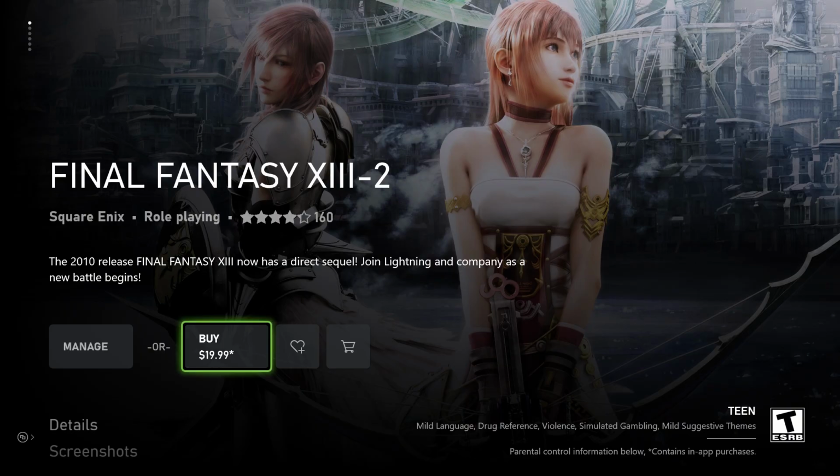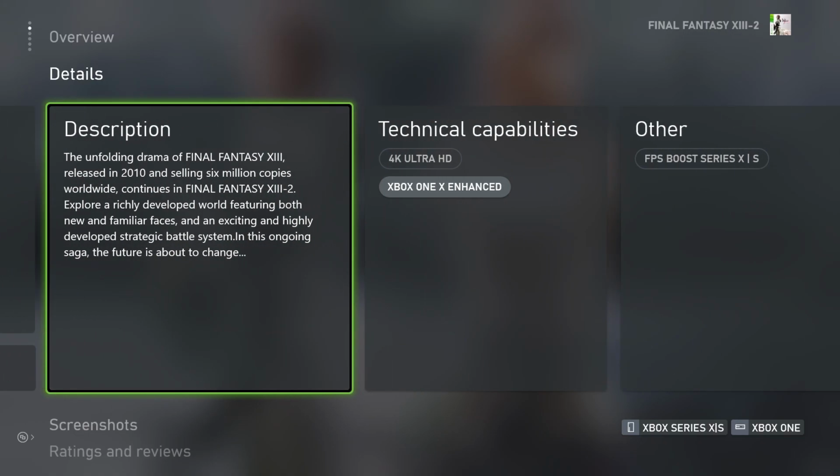That's why I like physical copies. Digitally, you can't really look at it. So $19.99 is almost around that price. It's up to you guys if you want to pick it up digitally, but I would pick up the physical copy. So check out the details. Okay, so this one